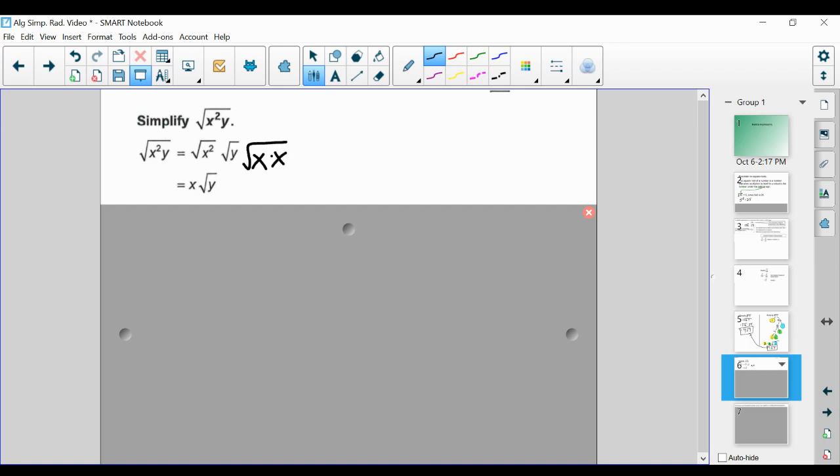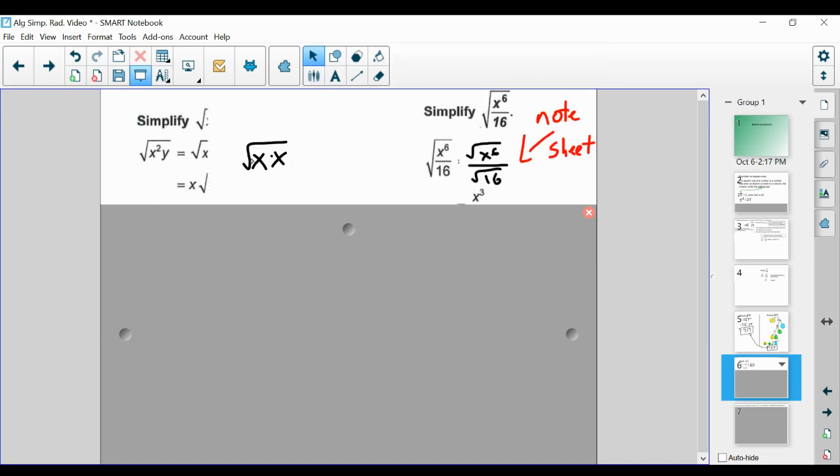Well, if I have the square root of x times x, I'm looking for the number that gets multiplied together by itself. Well, I have two x's, so I'm able to pull one out. I found the number that multiplies by itself, and we're left with the square root of y. That doesn't change because there's only one of them. Now on the right-hand side,